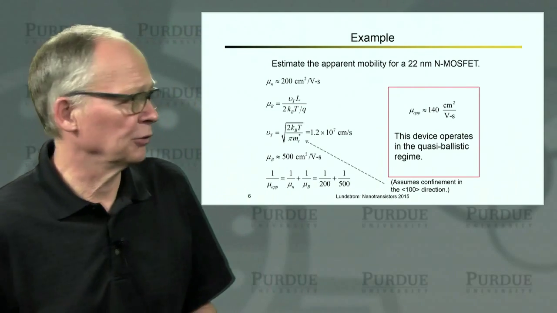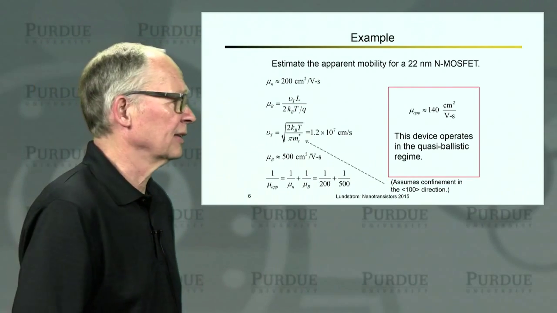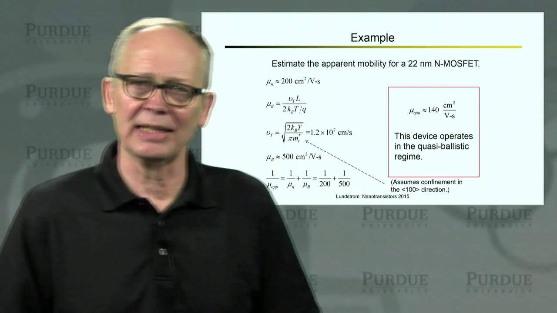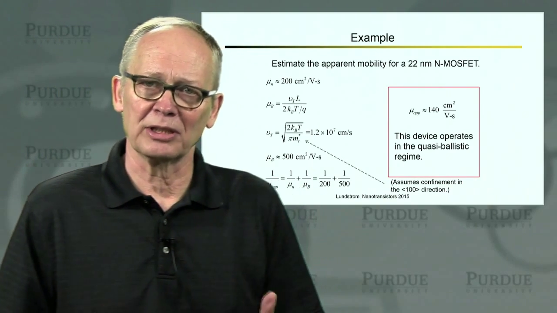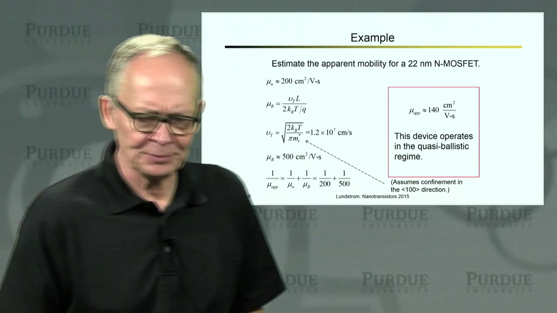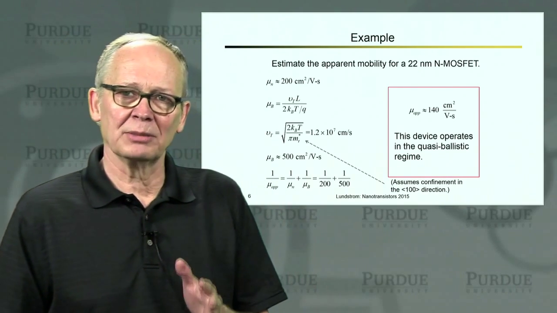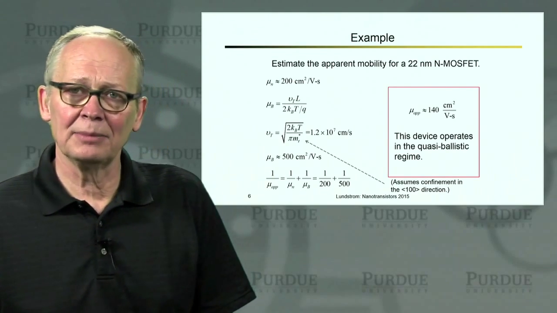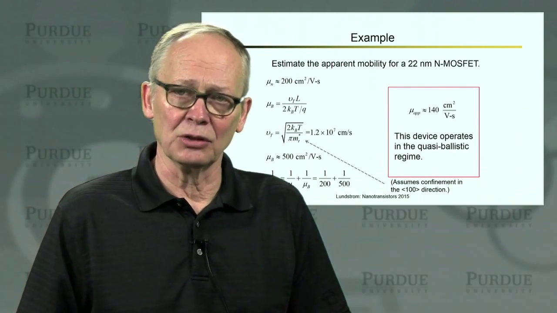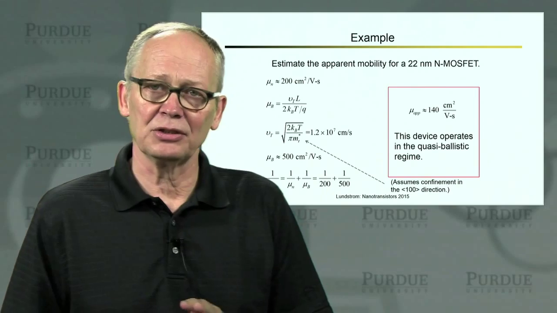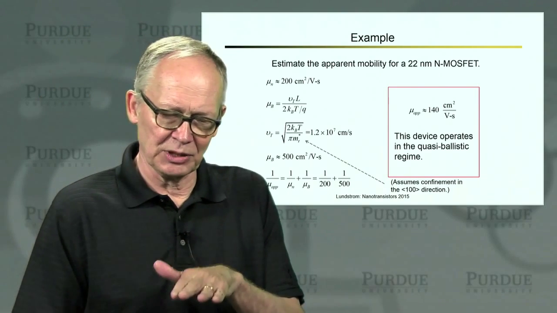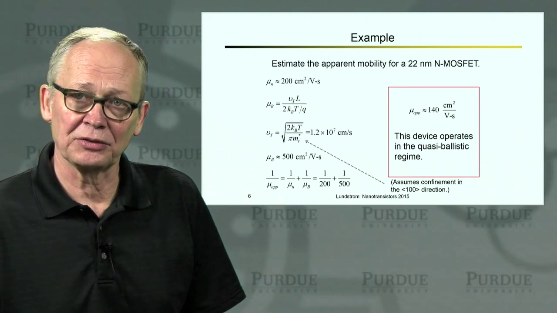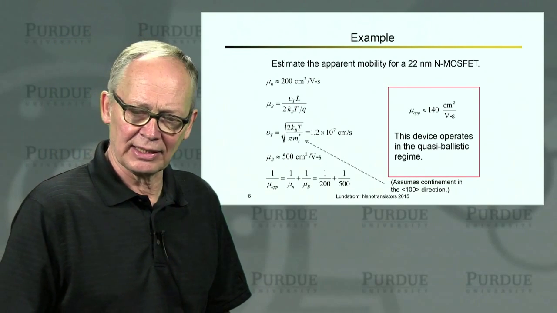Now, I'll just point out, and there's some more discussion about this in the lecture notes, you might ask, why are we using the transverse effective mass for electrons in silicon when computing the thermal velocity? Well, that has to do with quantum confinement and which values are the lowest. There is some discussion of this in the notes. The appropriate mass to use when we have a channel in which carriers are confined in the 100 direction is the transverse or light effective mass of electrons in silicon.